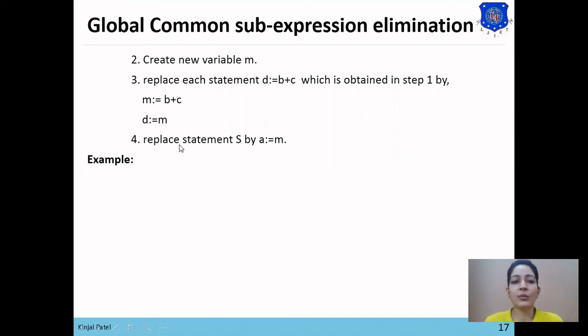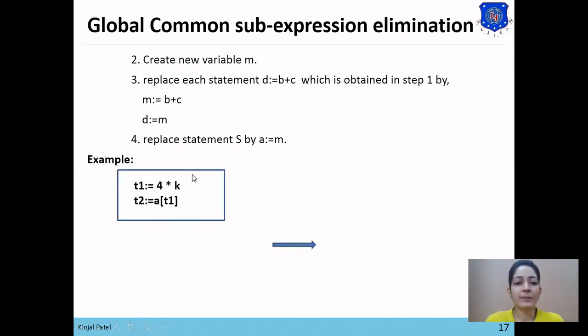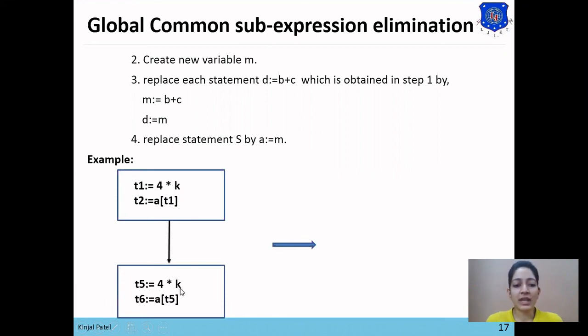So we'll apply this algorithm to one example. Here is the block: T1 equals 4 star K and T2 equals A of T1. Now here T5 equals 4 star K and T6 equals A of T5. As you can see, 4 star K is repeated in another block.